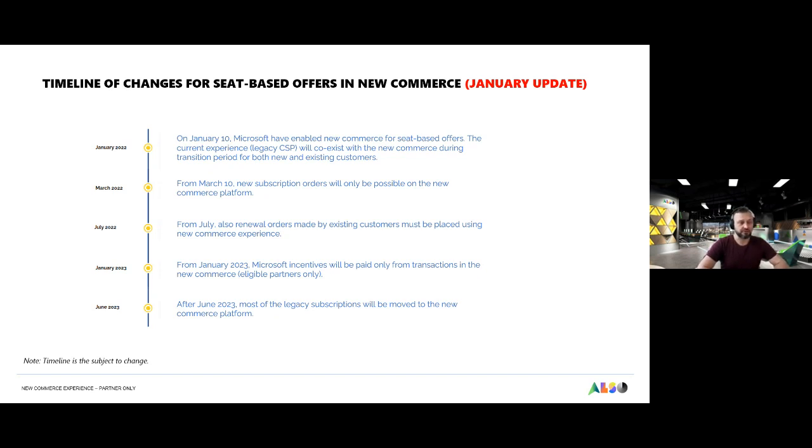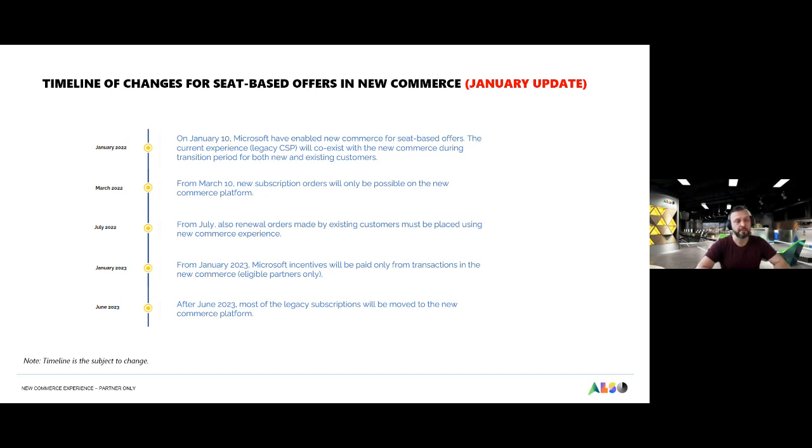From January 23, Microsoft will stop paying incentives from legacy subscription. And this is very important information for those partners who are earning incentives from Microsoft, participating in the incentives program with Microsoft. It is very important that you already now plan migration of your customers to new commerce and explore what the renewal dates for the subscriptions are, or maybe not even waiting for the renewal, but you will see